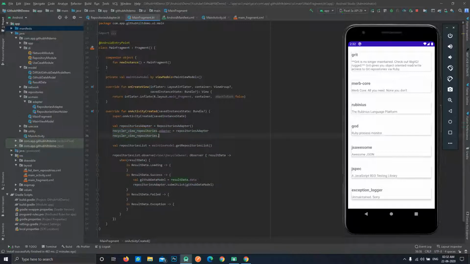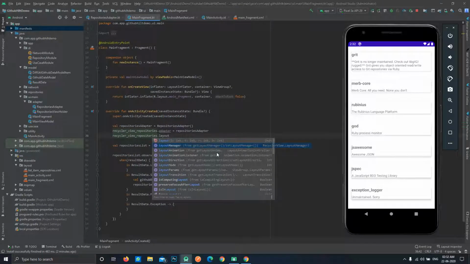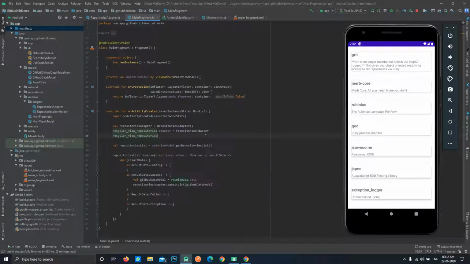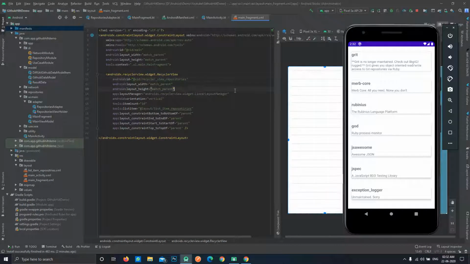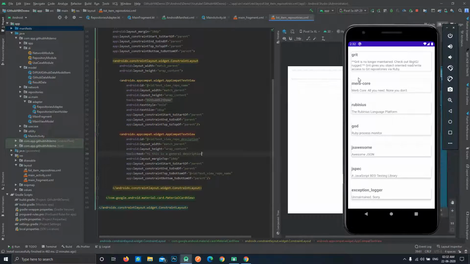You can use the layout manager property and define your own layout manager over here. But in our case we don't need this, and we can define it directly in our layout itself.